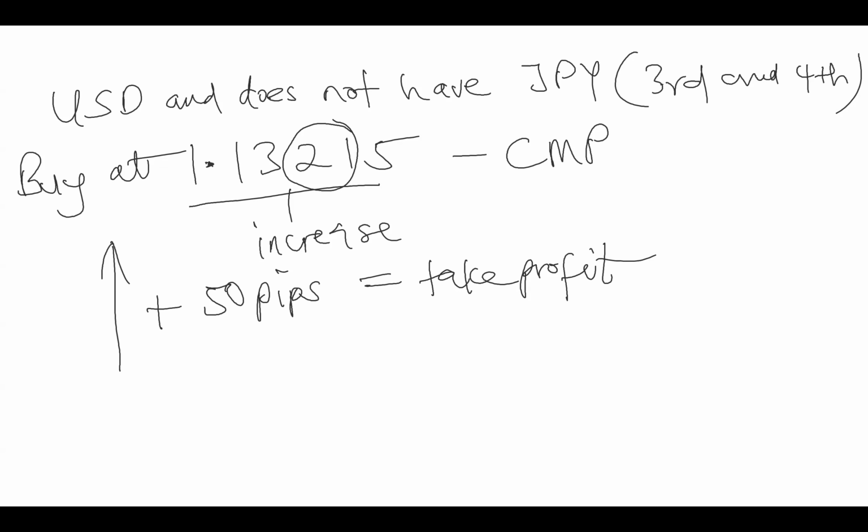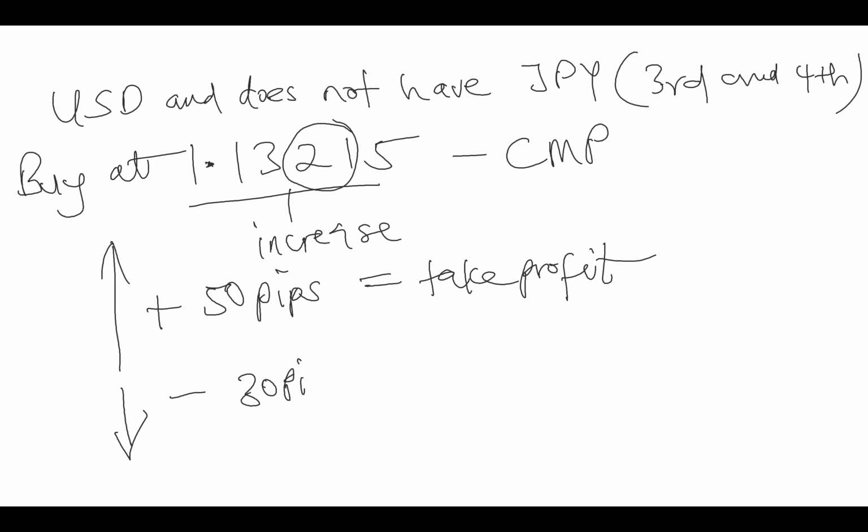Now if I was the type of person that likes risking, let's say 30 pips on every trade, my stop loss is going to go where? My stop loss is always at the bottom. So that means I'm minusing 30 pips